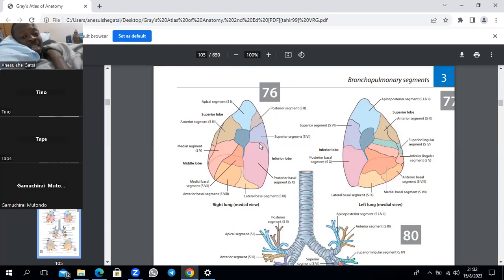Okay, so each lung has 10 bronchopulmonary segments. I know other books will say left is 8. When they say 8, it's because of fusion. So they both have 10, right? So each bronchopulmonary segment, like I said, is its own everything, right? It's not important for you to know the names of these bronchopulmonary segments. Same way, it's also not important to know the names of